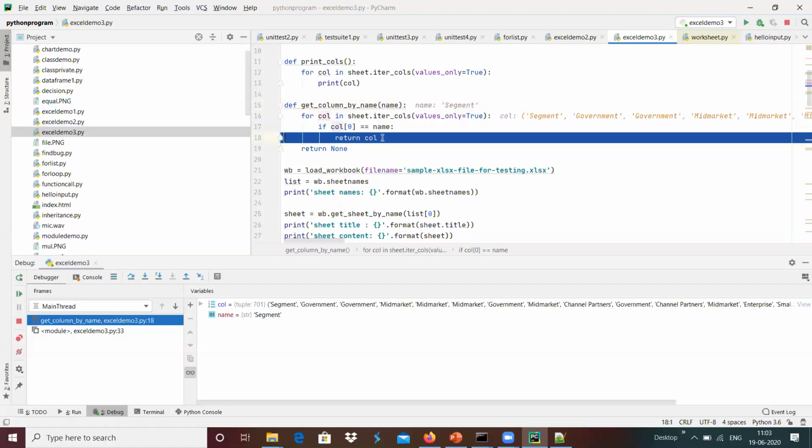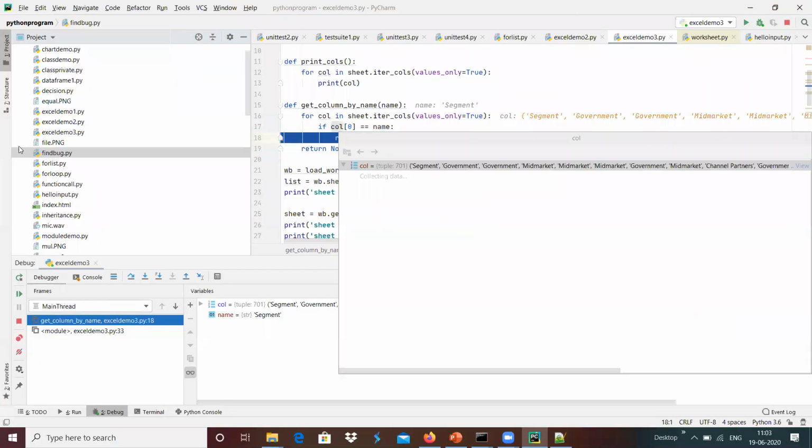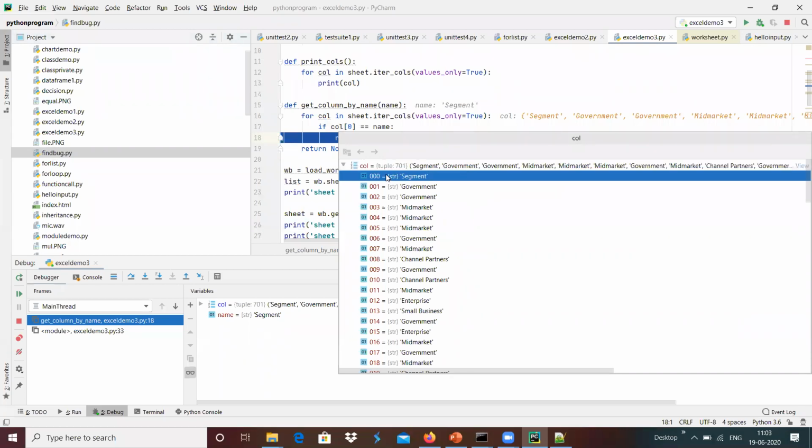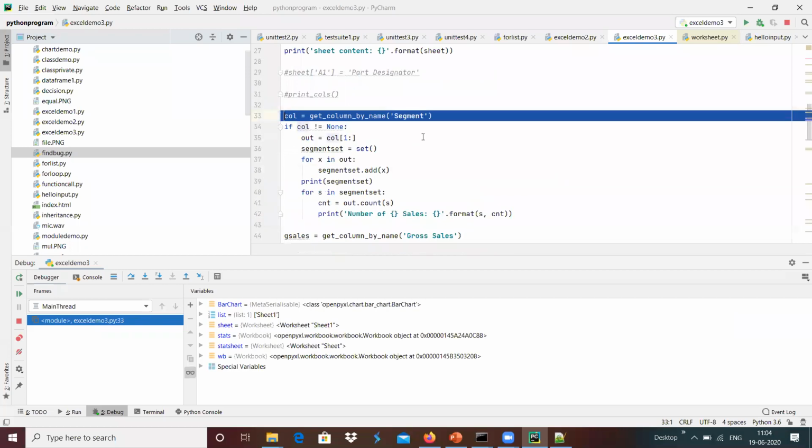I'm going to check this: column of 0 matches with the name. In the tuple, column of 0 is the segment, which matches with the name, and the program returns that column, the complete tuple, back over here.